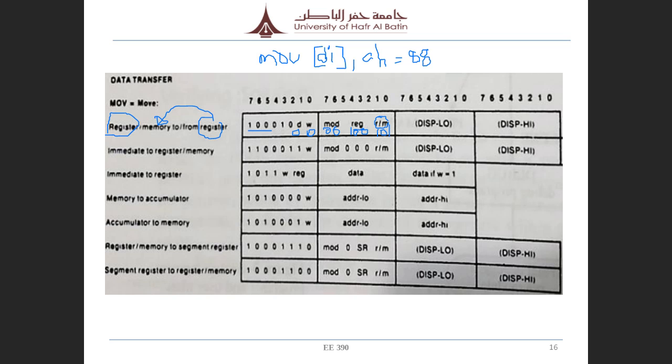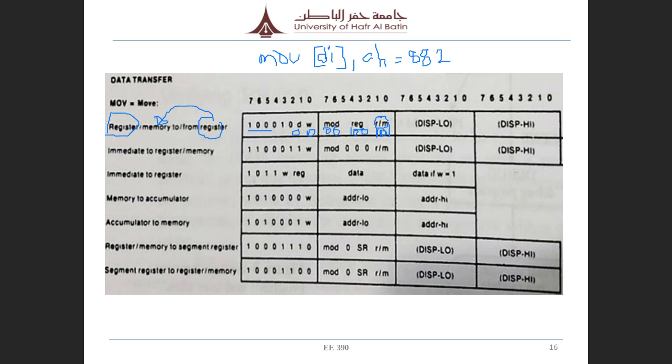You can check on the table that for MOD 00, the R/M code for square bracket DI, I mean the memory represented by DI only, is 101. Is that okay? All of you get it? So then it will be 0010. 0010 is 2, and then